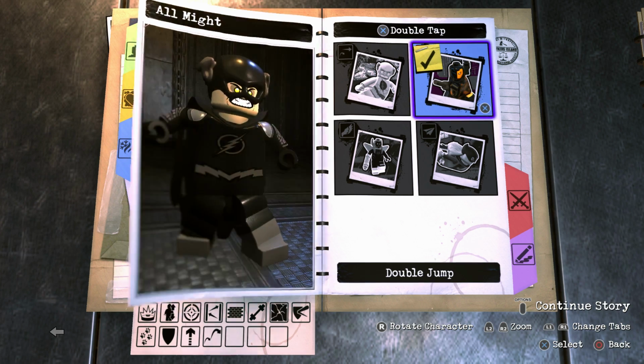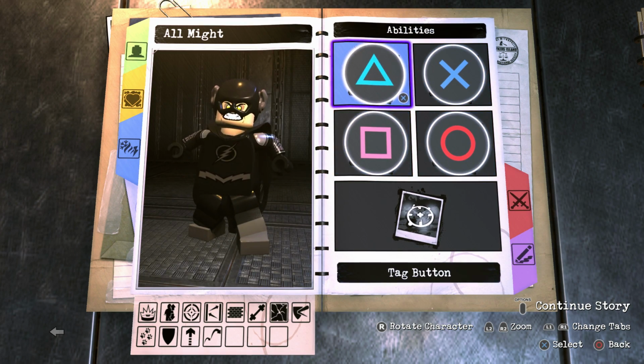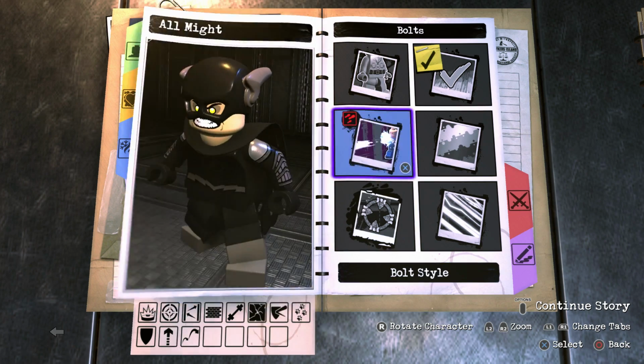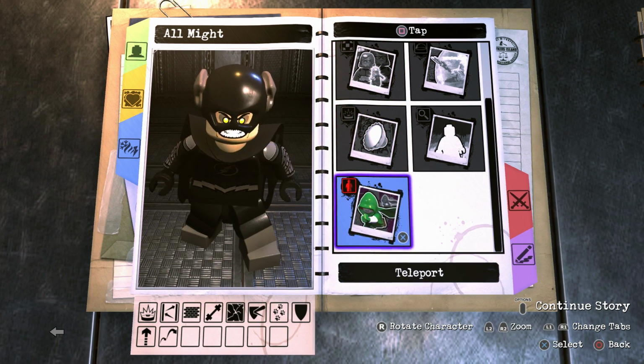We'll just select one of those. But we'll remove the cape in just a second. Okay, so that's done. I was going to say, I hope we don't have the grow ability on, but we did. Although, it would be kind of funny to actually have that ability on. But it's not really his quirk, so let's try to stay accurate. All right, we're going to turn off the bolt ability, because he doesn't really have...